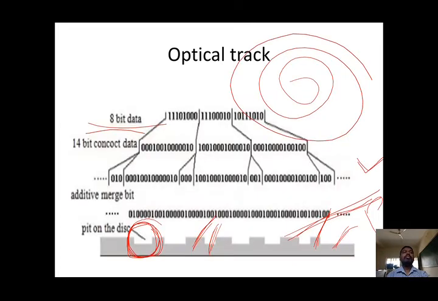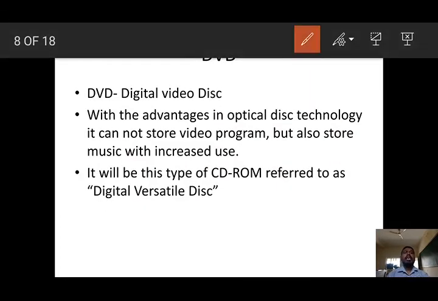Understand? Next, DVD. What is DVD? The expansion of DVD is digital video disc. With the advantage of optical disc technology, it can store not only video programs but also music, with increased usage.